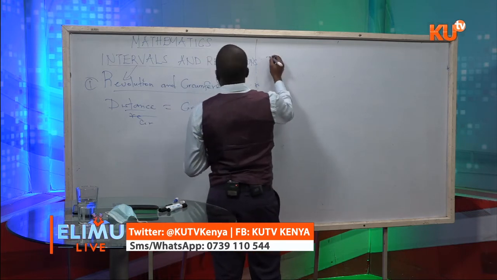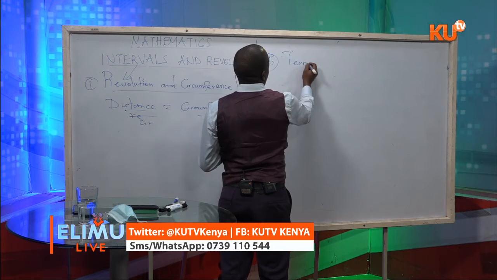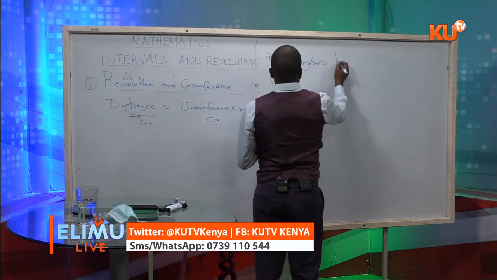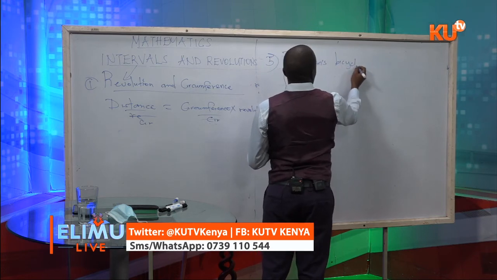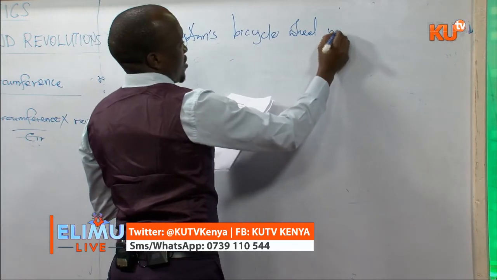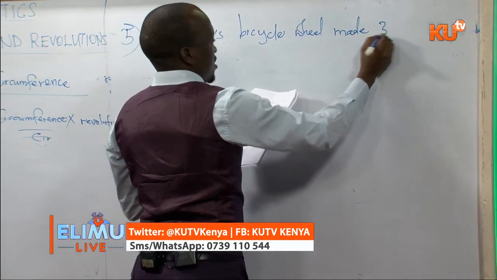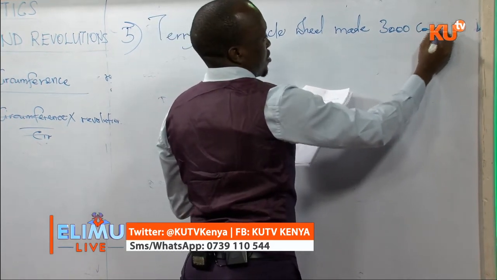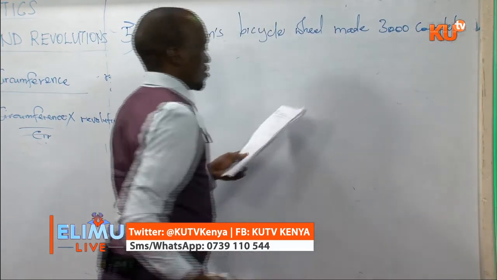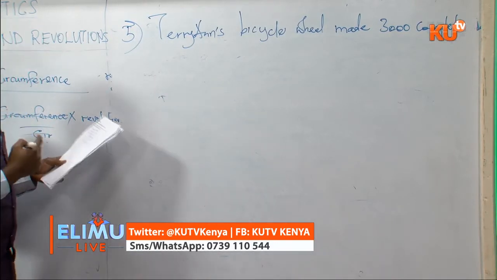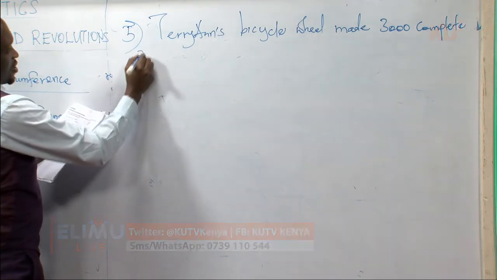The last question would be, I'll give it number 5, that Terry Ann's bicycle wheel made 3,000 complete. The word complete there means full. It turned fully. 3,000 complete revolutions,